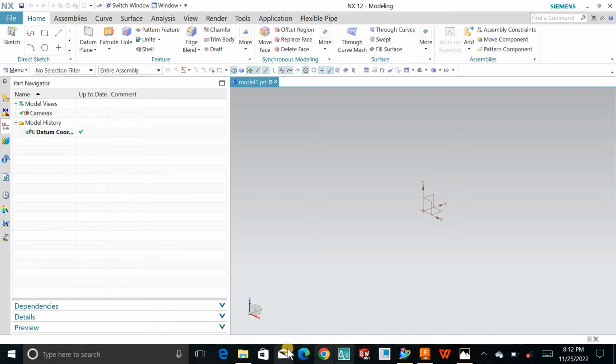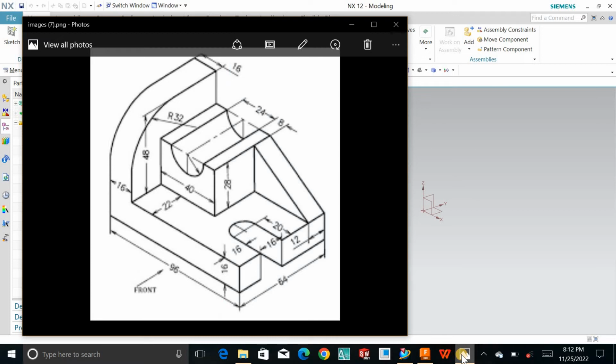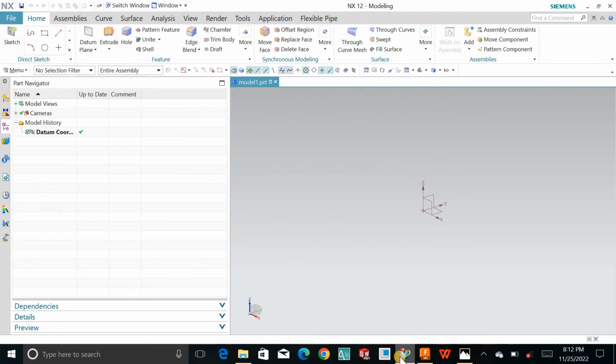Today let's try to make this model inside Siemens NX 12. So let's start the part. I just open the part modeling mode inside the Siemens NX. I have version 12. Start sketching